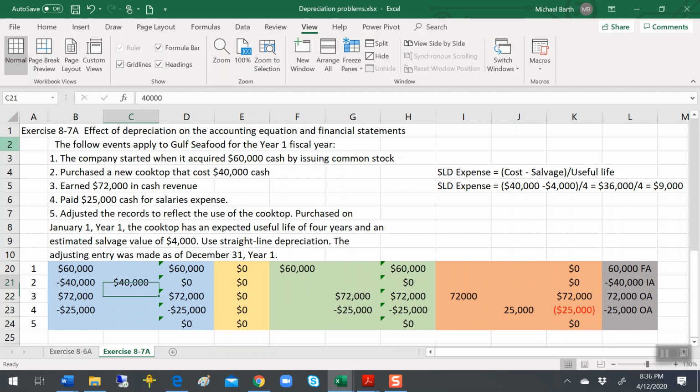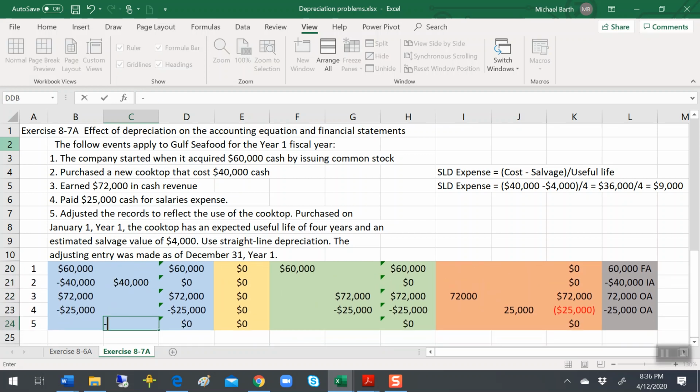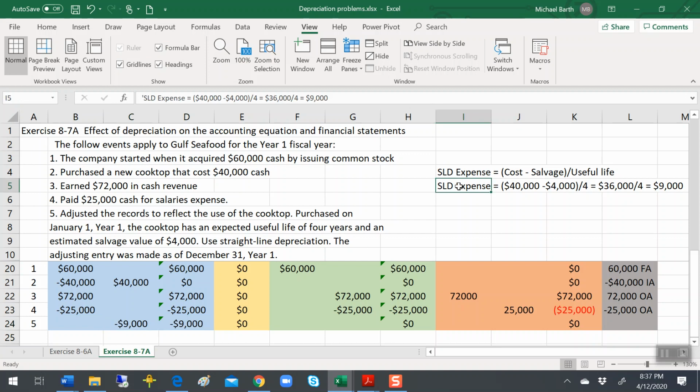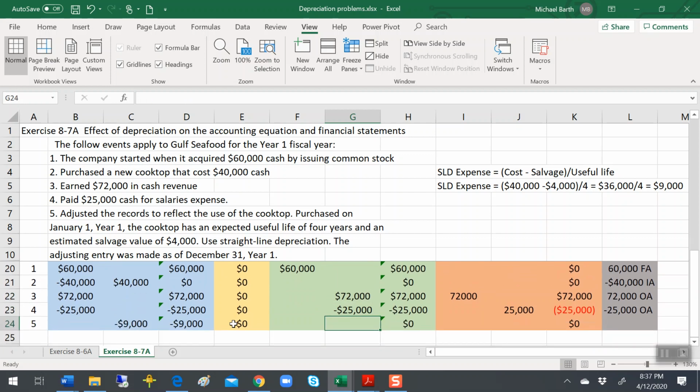All right, so for event 5, what I'm going to do is reduce the book value by $9,000. And that's from that depreciation expense we calculated up here for the straight line depreciation. My asset went down by 9,000. Doesn't affect liability, so what it's got to do is affect one of these other accounts, and it'll affect, since it's an expense,